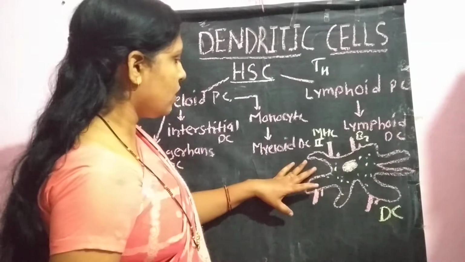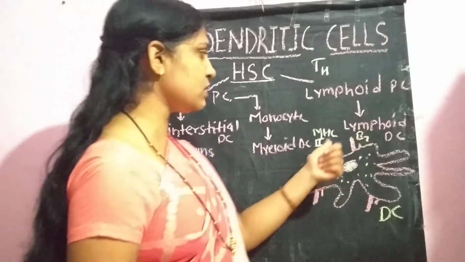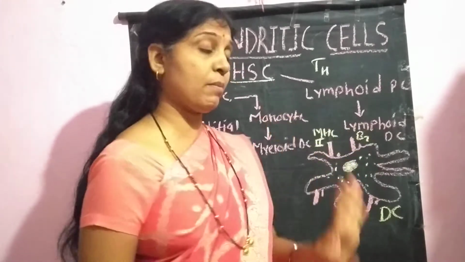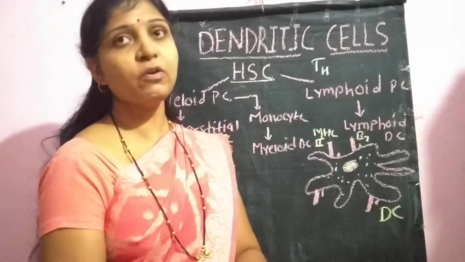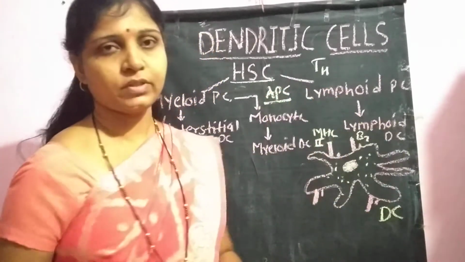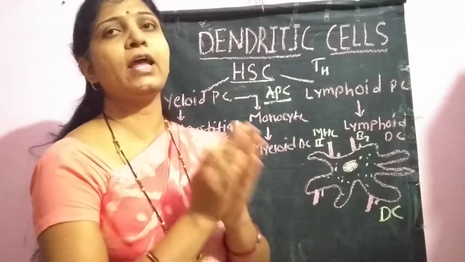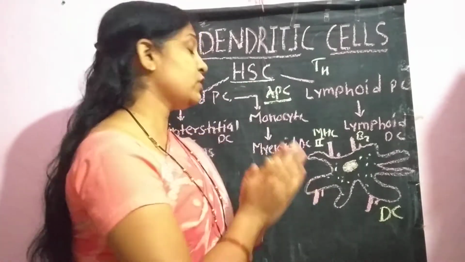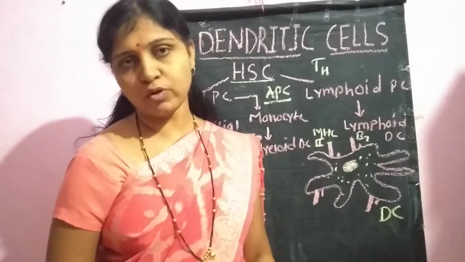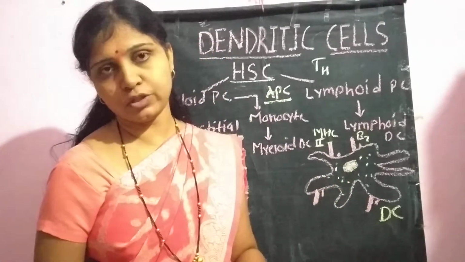Now here, when we discuss the main structure, there is the representation of the MHC class two molecule and the co-stimulatory members of the B7 family on the surface of these dendritic cells, and the main function of these dendritic cells is that they act as antigen presenting cells. These are responsible for presentation of antigens preferentially to the T helper cells. The T cells present within our body are responsible for generating the cell mediated immune responses, and they are not able to directly recognize the antigen.